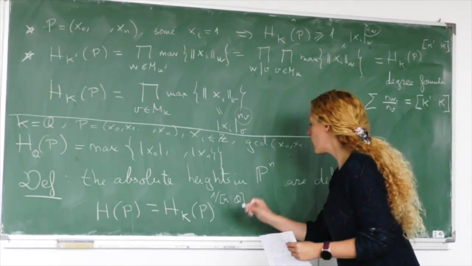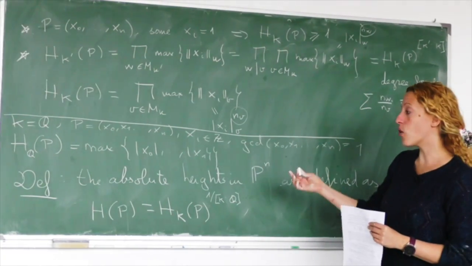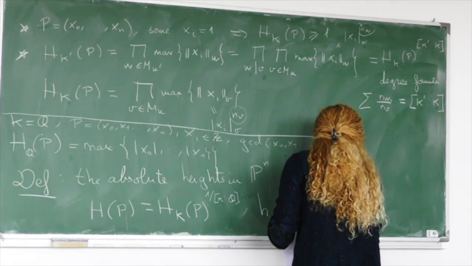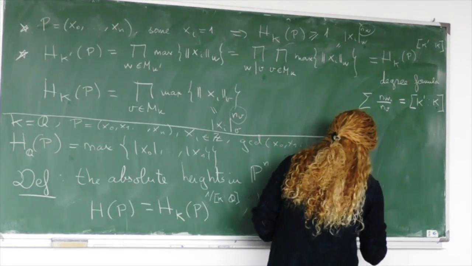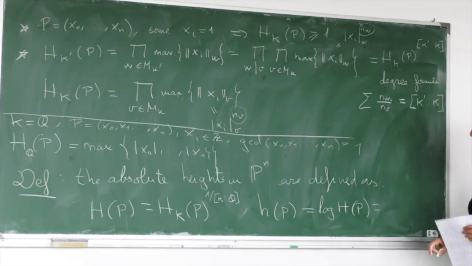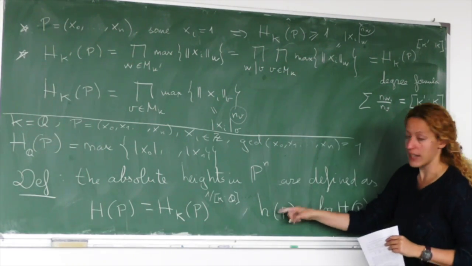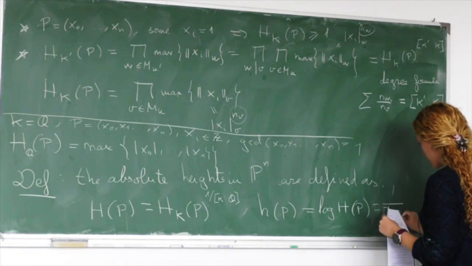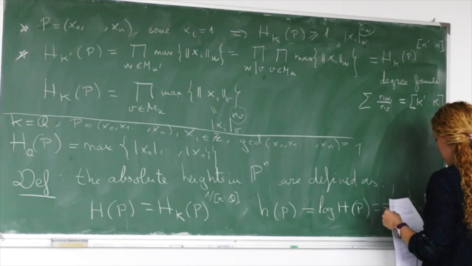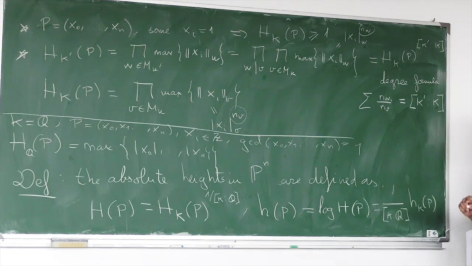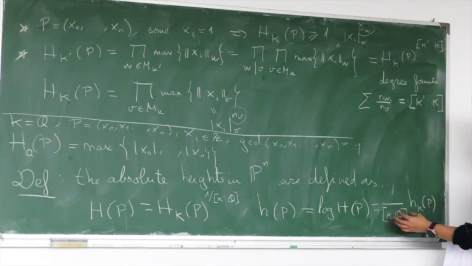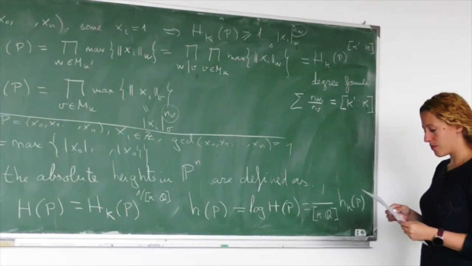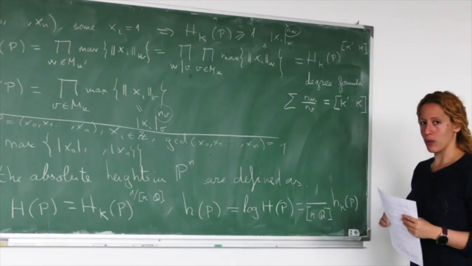Now in a natural way, we can define the logarithmic height as the logarithm of this one, right? So we have h(P) equal to the logarithm of H(P). If you want to see the dependency of this height on h_k, just notice that this is equal to this. Again, it is just an extra factor that depends on the field in such a way that this product is independent of the field, and we can define this logarithmic height. So I think that is the moment to do an example.